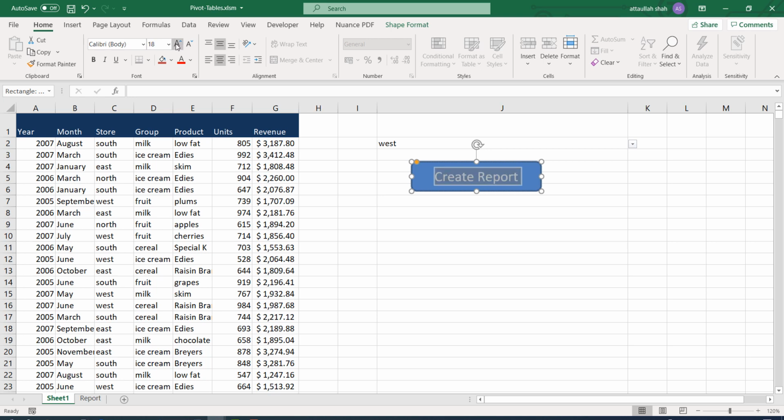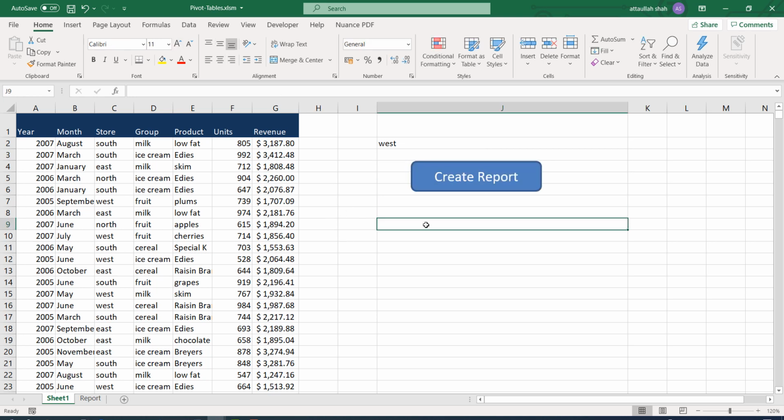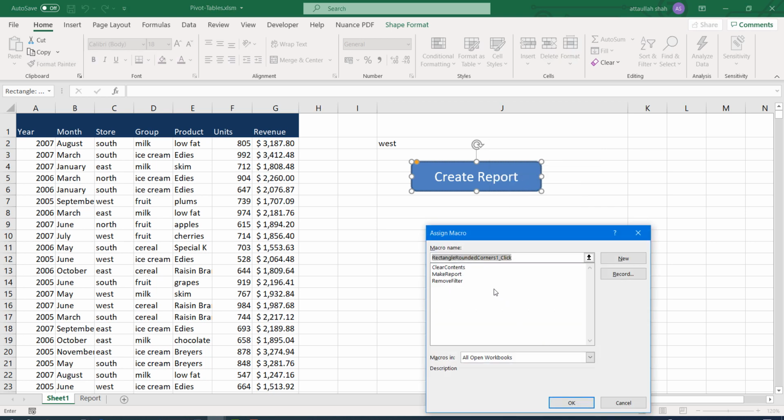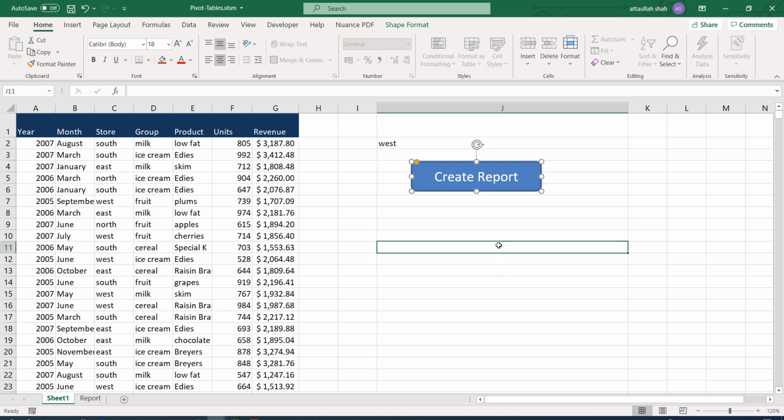Select it first and then okay. So we now have a setup for that, and let's assign the macro make a report. Okay, that's great.